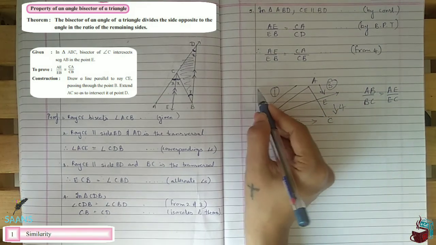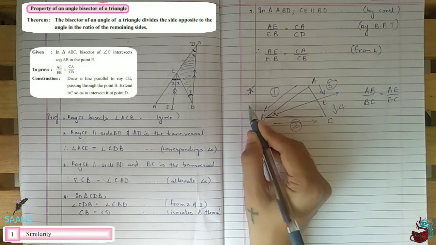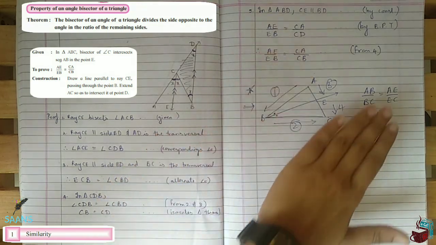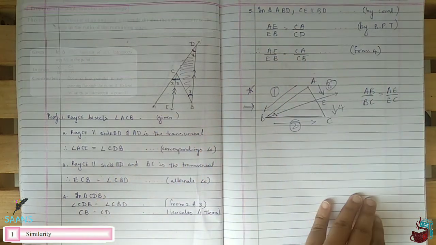Okay, so this is for your angle bisector property. If you have to do direct application, like when you see sums, these are the direct applications. This is your proof, means why we got this. Okay, now